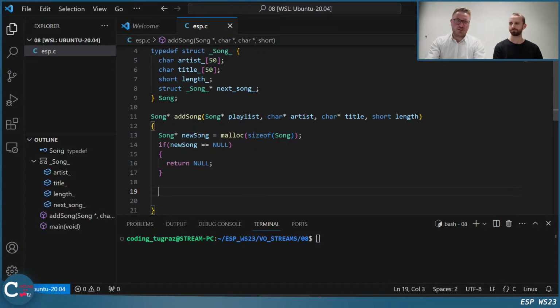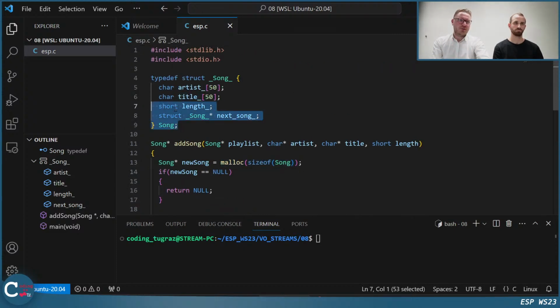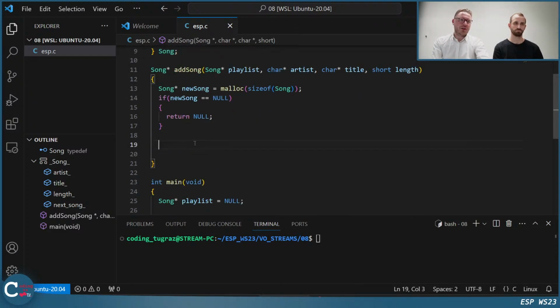If something fails, we say return null. Okay, so we have the case that there was an issue with the allocation, but now we got the memory, the space on the heap, and so we have a new element on the heap now, which has enough space for us to actually write these things in.